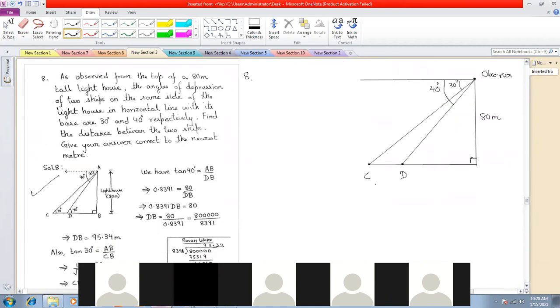So therefore, now we are going to work this out. If this is 40°, then this becomes my 40°, and this becomes my 30°. Since we need to find out the distance CD, let us label the tower. The tower, let us label it as AB. And we consider the two right angle triangles. Let us first consider this right angle triangle.